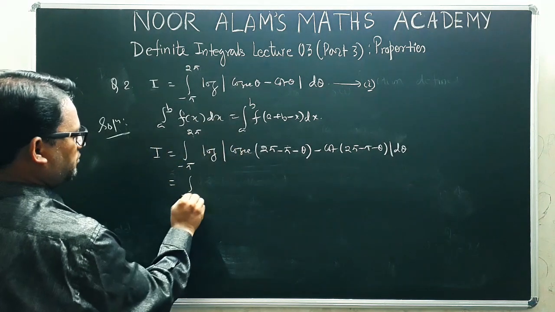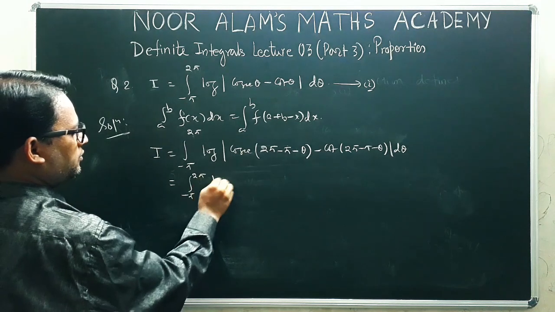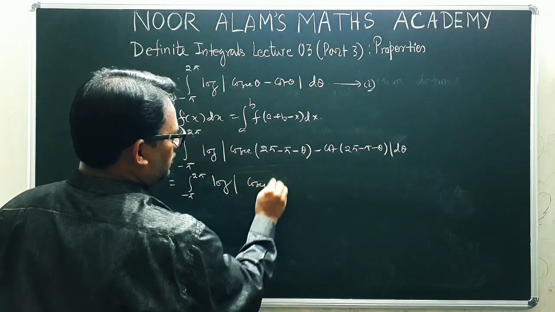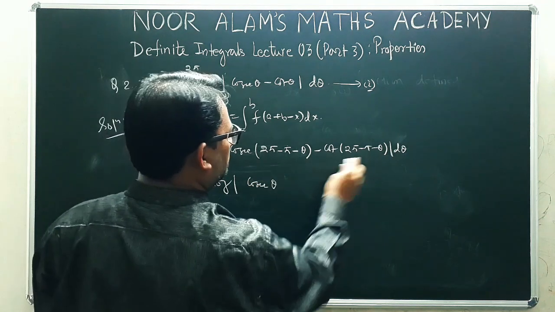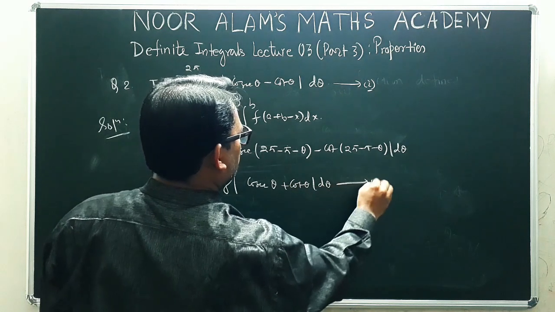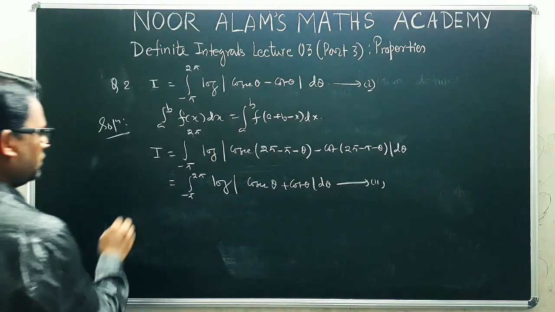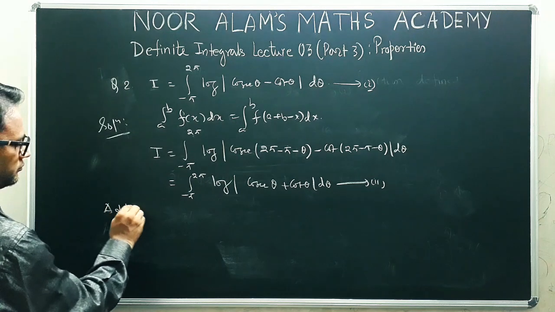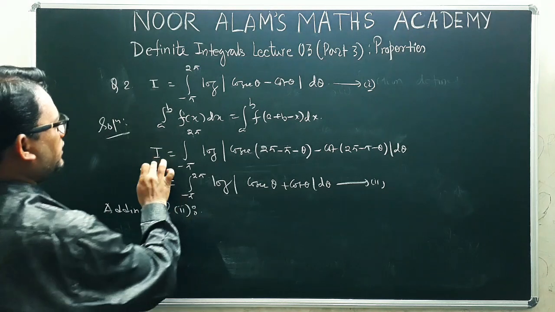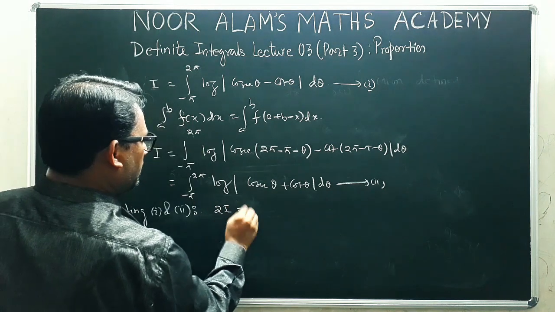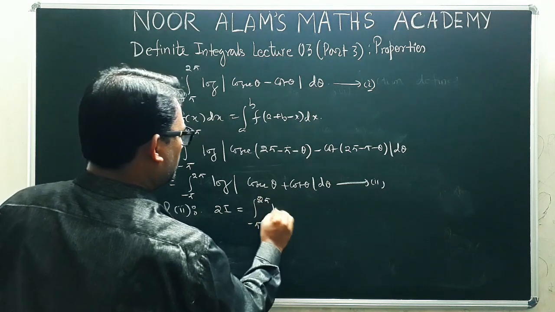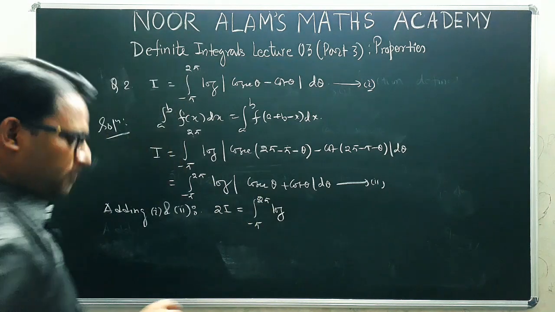Next we have the integral from minus pi to 2 pi of log, you know that cosec of (pi minus theta) will be cosec theta. Cosec is positive in the second quadrant. Cot of (pi minus theta) will be minus cot theta, d theta. We call this relation 2. Now adding 1 and 2, we get I plus I as 2I, and on the right hand side we get the integral of log,